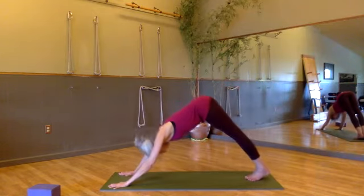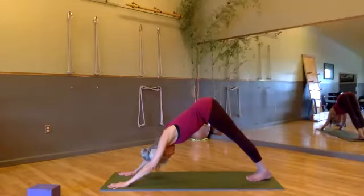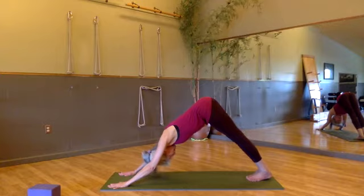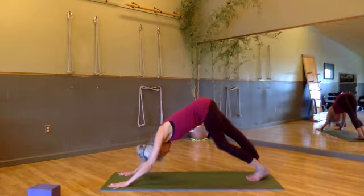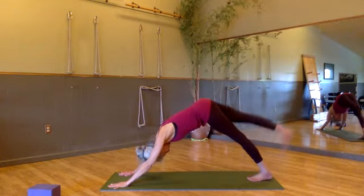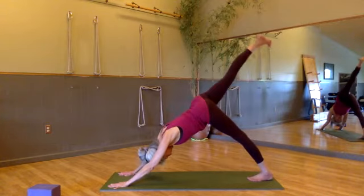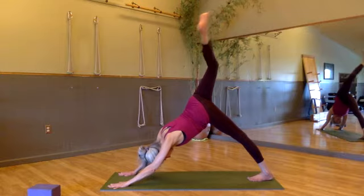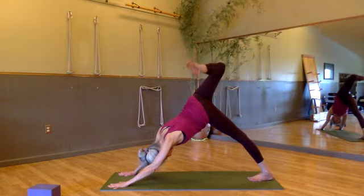And then really get a good press back through the legs. And you can go through another vinyasa here or not. And let's lift the right leg up, reaching long through the heel. And we'll go all the way to dog at the high fire hydrant, bending that right leg, lift a little